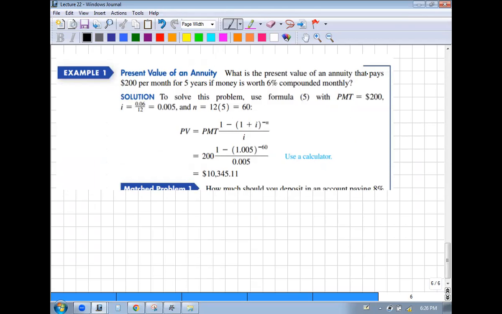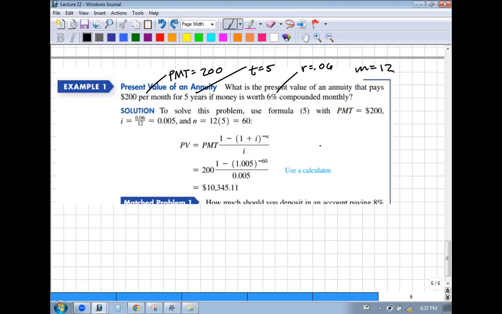What is the present value of an annuity that pays $200 a month? So PMT is 200 for 5 years, if money is worth 6% compounded monthly. All right, so let's look at our formula. Here's our formula. I is the same thing as it was before. It's R over M. N is going to be M times T. So M times T is 60. Plug the numbers in and you get